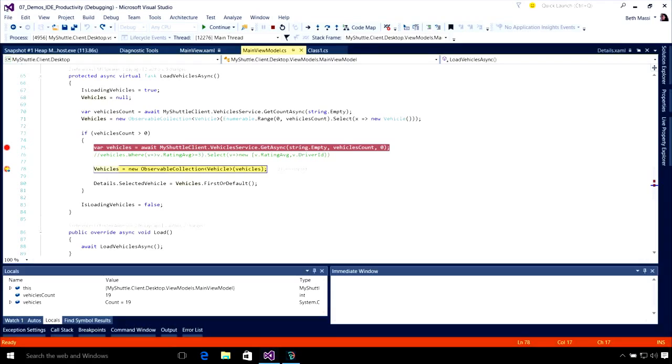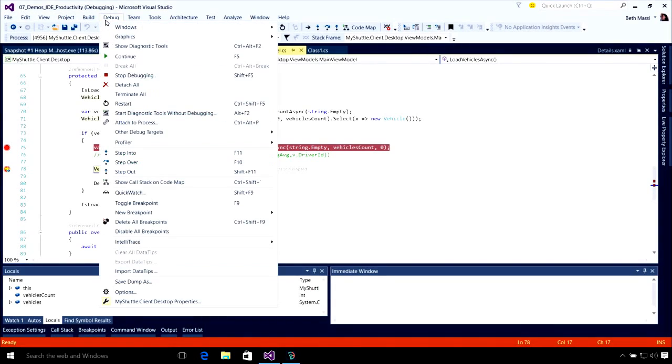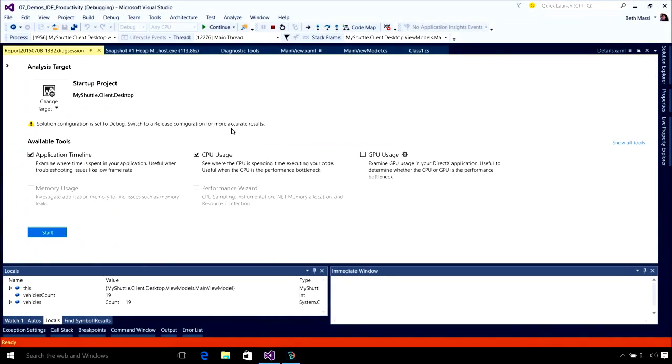All right, so what about performance of our UI? A lot of times it's the UI, the rendering, that's actually the issue, not just the calls of the service and the code itself. So we've got a solution for that, too. Right in debug, start diagnostics without debugging. What we would do, I'm in debug mode right now, but what we normally would do is just set this